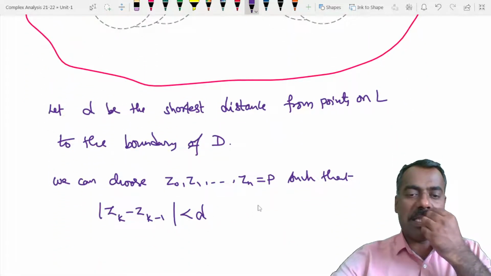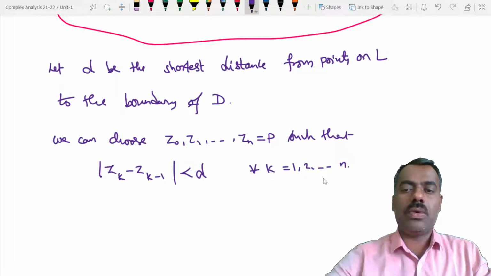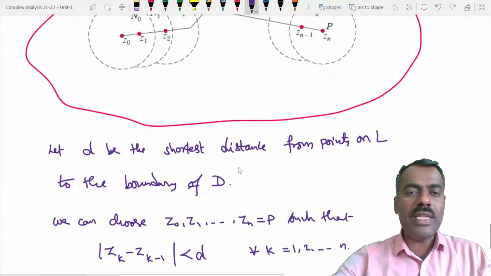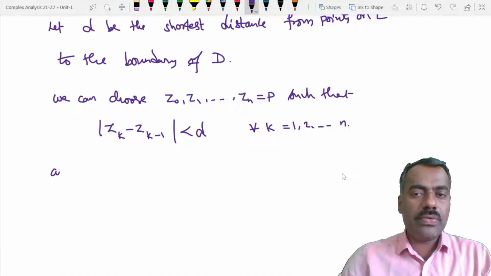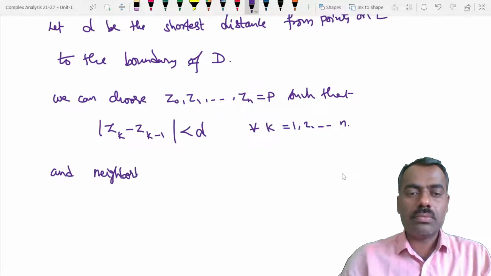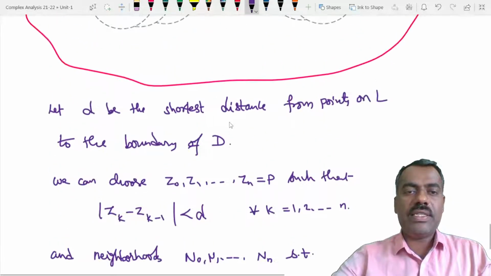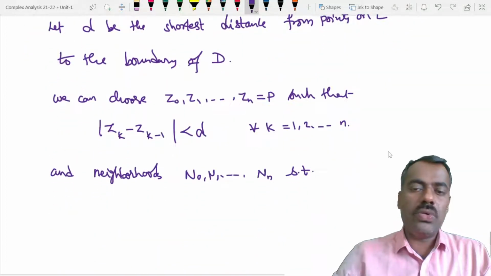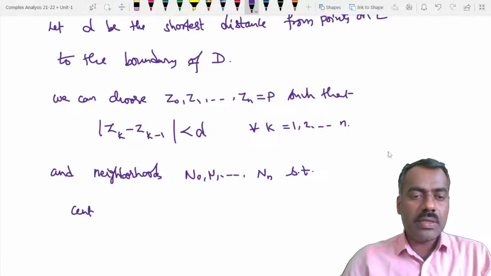So then this distance is less than D, okay? This is true for all k from 1 up to n. And not only that, we can also select the neighborhoods. So we can select not only points but also neighborhoods n0, n1 up to nn, such that